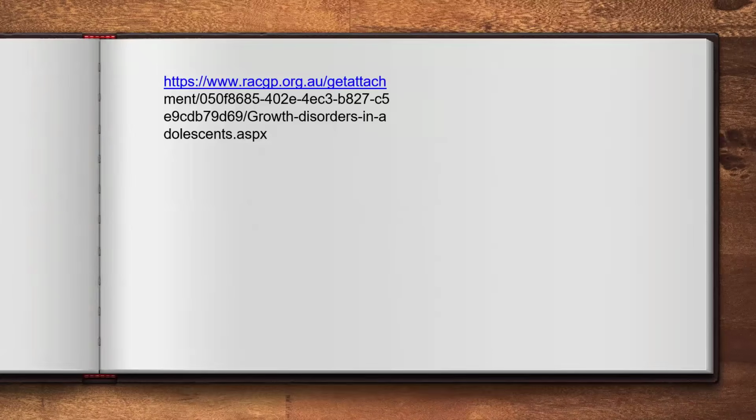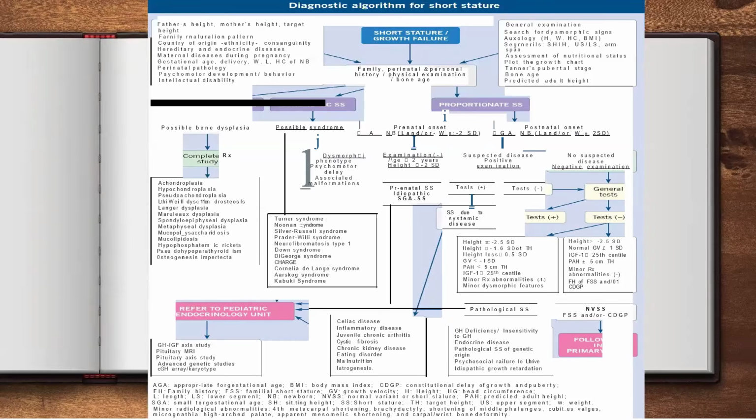You can study it from here, but in JM it's quite well written. Now, for short stature associated with genetics or associated with the hormonal problem,